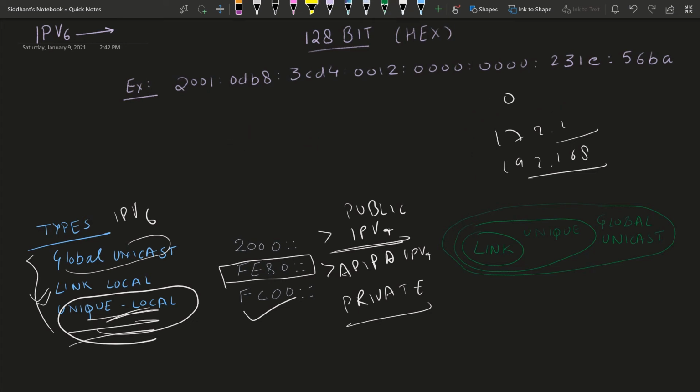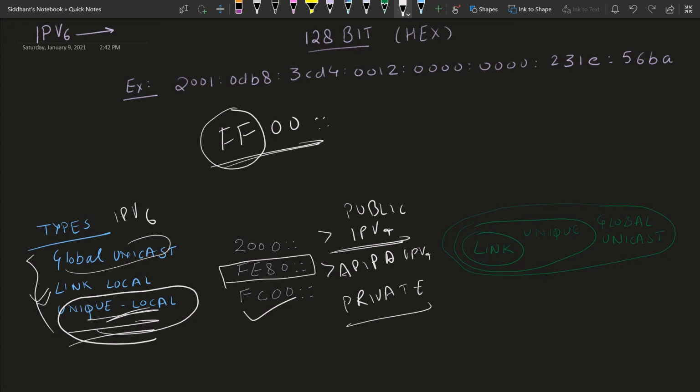And we also have a separate address range for multicast. If you want to use any multicast addresses, you can use FF00. This is like for subnetting, which you don't understand right now because we haven't even discussed subnetting with IPv4, so I'm not including the subnets here. I'm just including the addresses. So if any address starts with FF, it means this is a multicast address for IPv6.